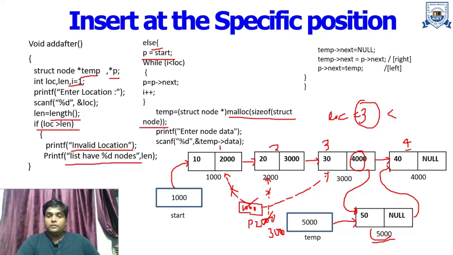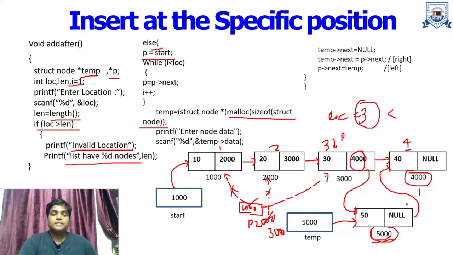Okay, now we have reached this particular position. Now p, what is the value of p? p is equal to 3000 and p is currently pointing to this particular node. Now what we do, now we have to perform these two connections. That means the address of this node must be over here and the address of this node must be over here. So here we have to perform these two connections. So out of this connection, that is your left, that is your right, which connection must be performed first? The rightmost connection must be performed first.